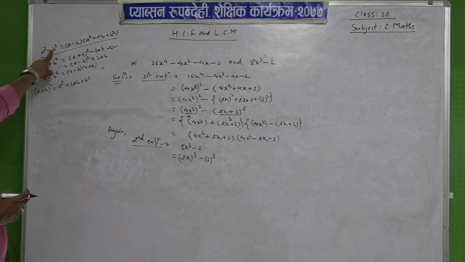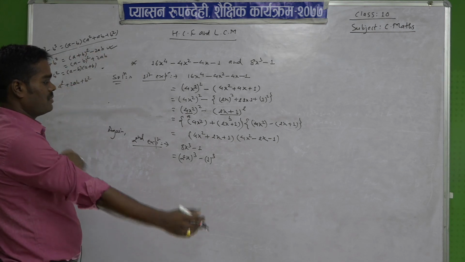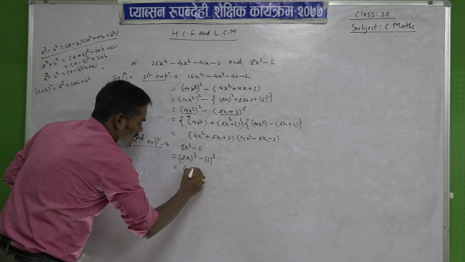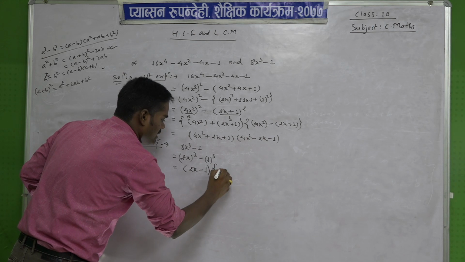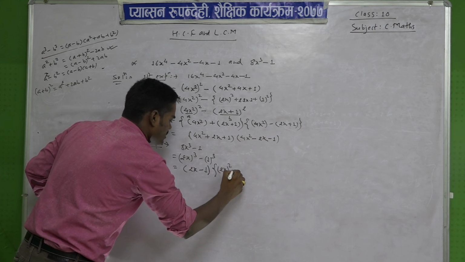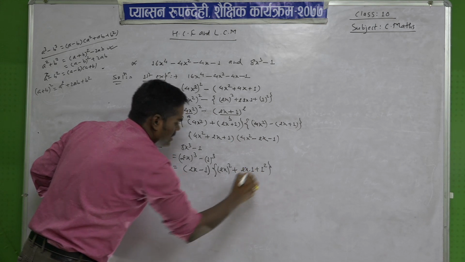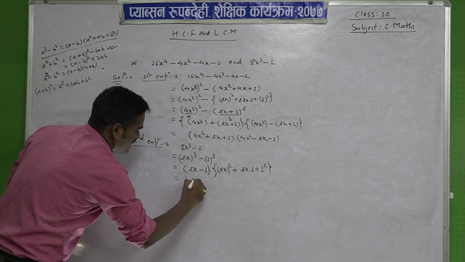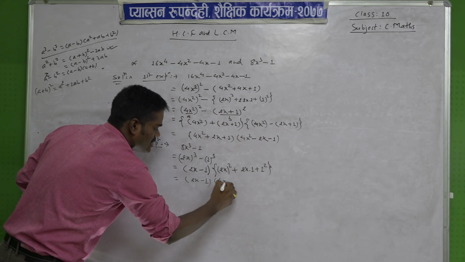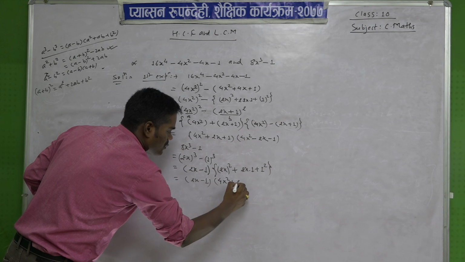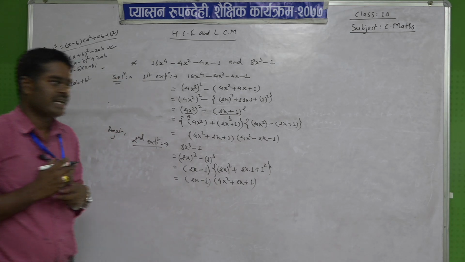So, now we can use the formula here. We are watching here a cube minus b cube. A cube minus b cube means a minus b and a square plus ab plus b square. So, write here a minus b, then after curly bracket a square plus ab plus b square. So, how much did it become? 2x minus 1, square of 2 is 4, square of x is x square, 2 into 1 is 2x, plus square of 1 is 1.